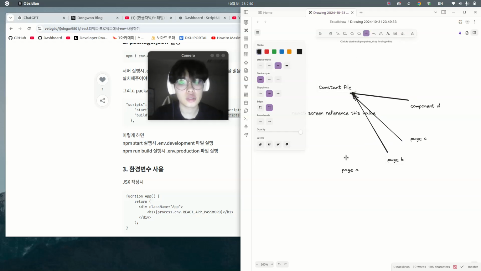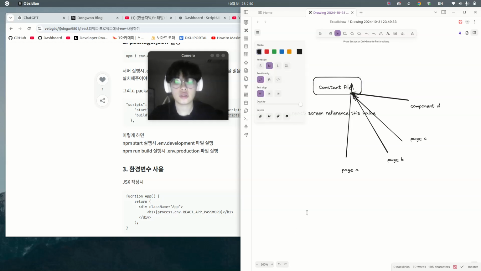But there is a new requirement that this constant file should somehow change, rather than